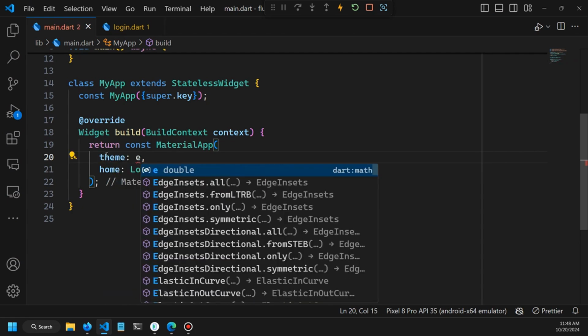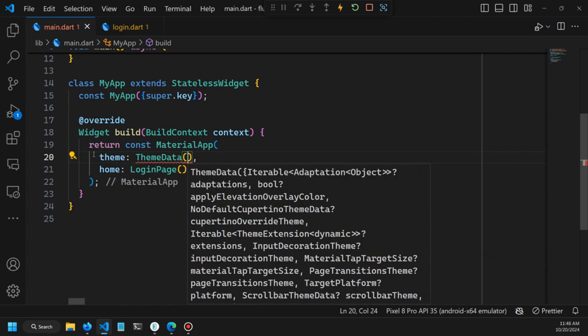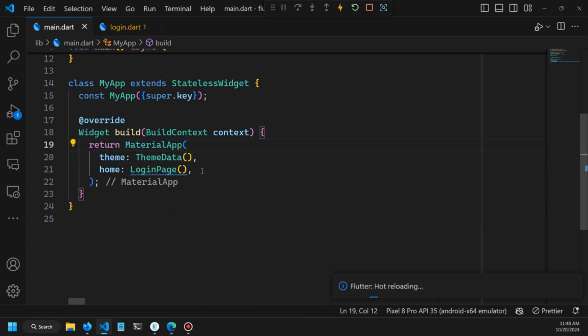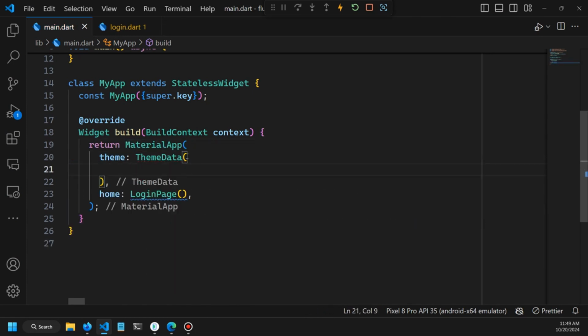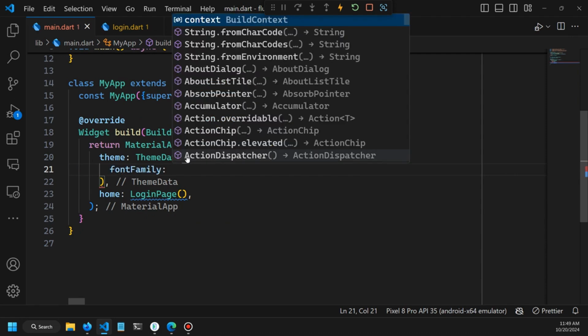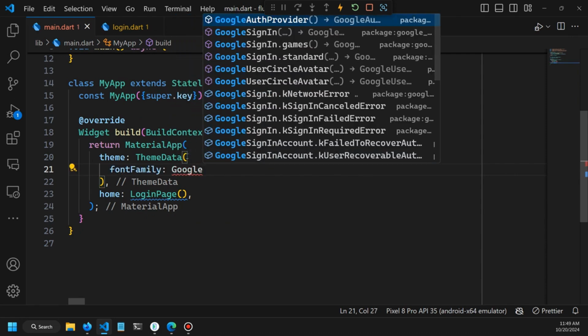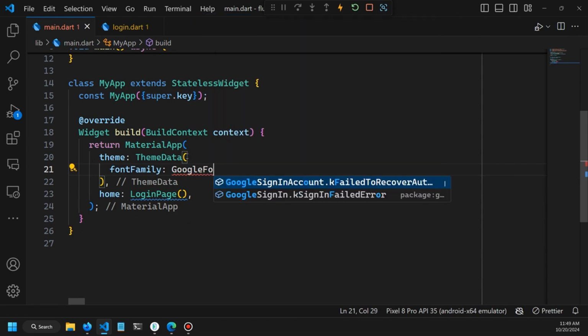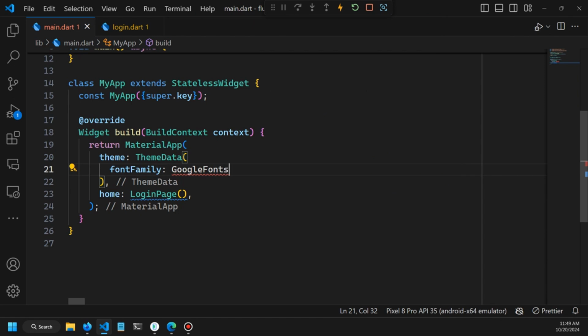We have a theme data object. The problem is we have a constant over here. So inside the theme data, we can set the font family. I am using the Lato font over here from the Google Fonts. So you should install the Google Fonts library to do this. Inside the Google Fonts, I am getting the